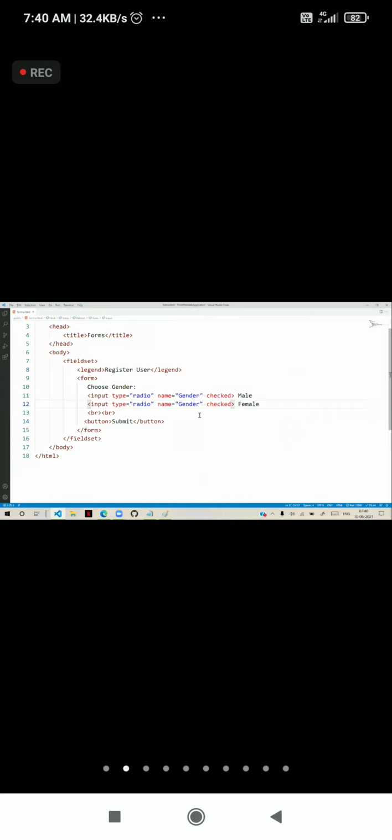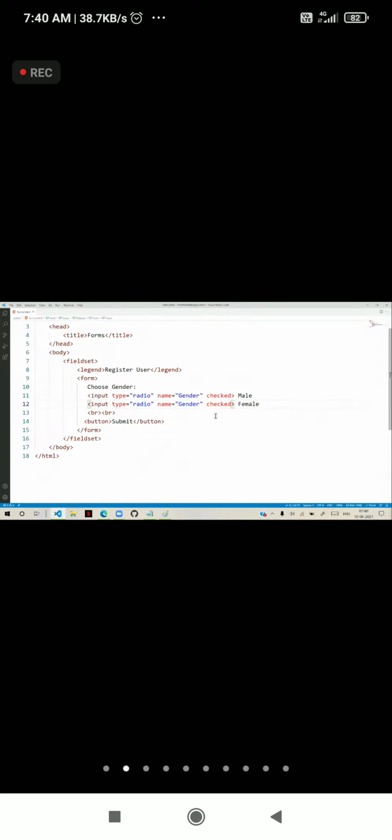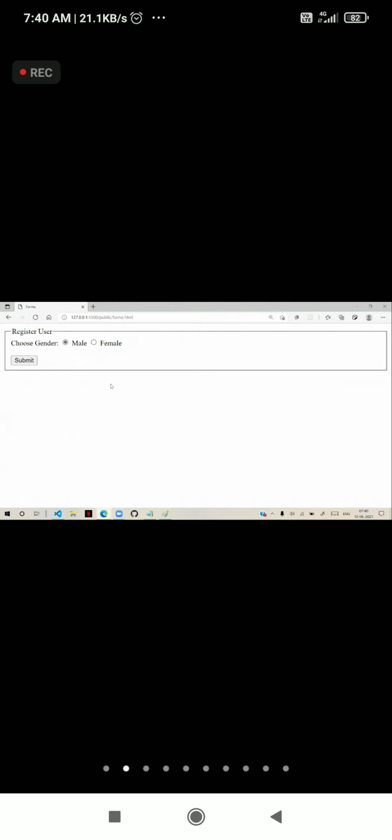If you give checked for both of them, it will work only for the last one. So if you remove this, this is for the first one. Now by default, one is selected. The user can change the selection if he wants, but he cannot skip the selection. Even if you refresh, male is selected.